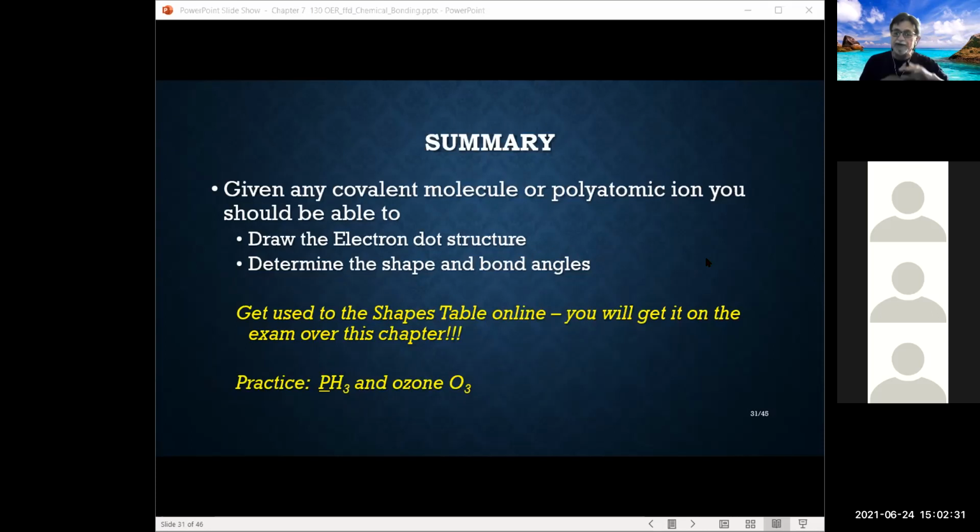Given any covalent molecule or polyatomic ion, you should be able to draw the electron dot structure, and from the shapes table, determine the shape based on the general formula and the bond angle. Don't forget the shapes table. You might try these, and if you can't get it, we'll bring it to class next time and work it through. So PH3 is one of the